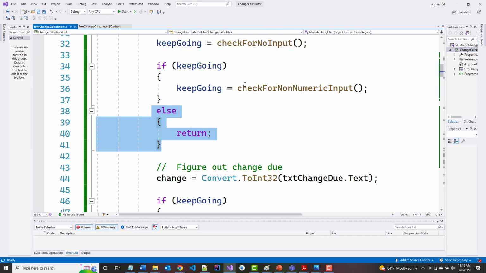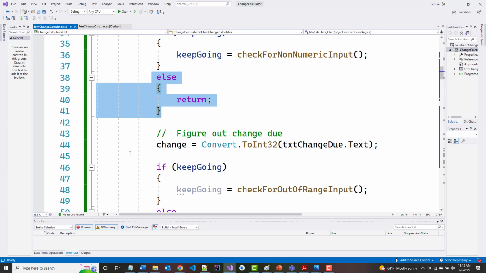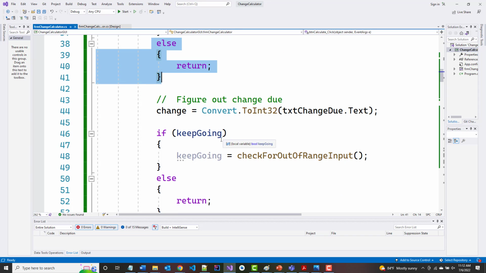So if check for non-numeric input returned true,